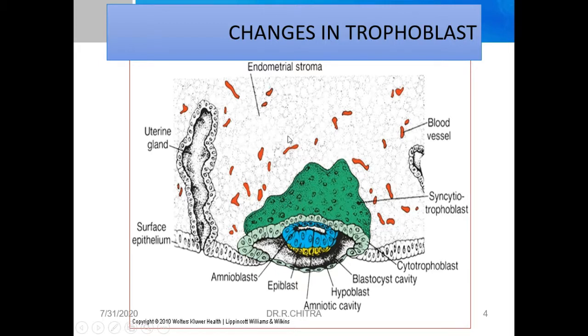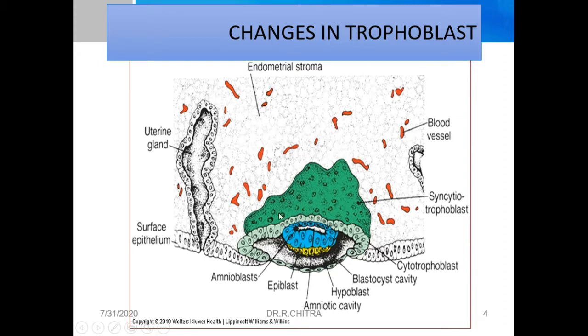This is the endometrium of the uterus. So adjacent to the implanted embryo, this endometrium will be called decidua basalis. So decidua means the changes in the endometrium. So it is adjacent to this implanted part. This will be called decidua basalis. So now you should know this is decidua basalis.